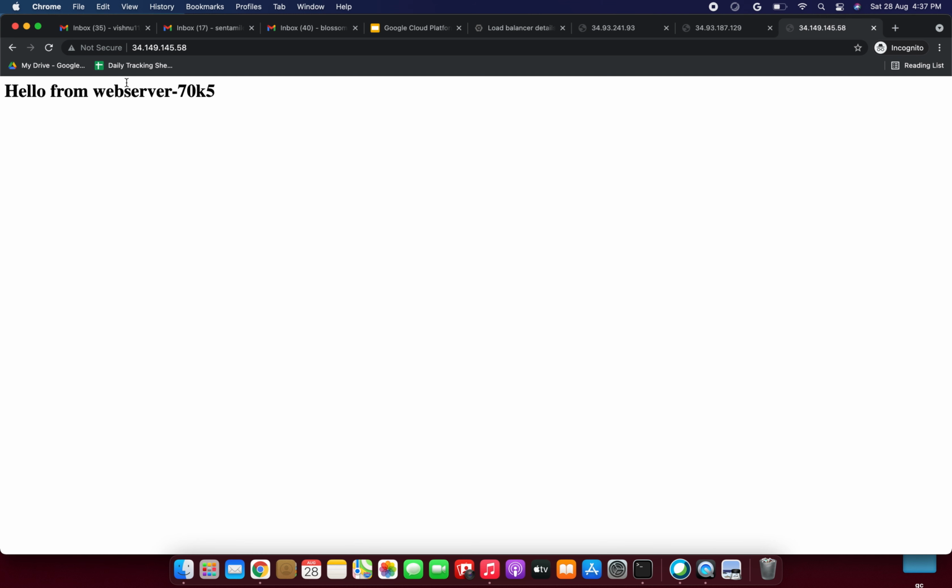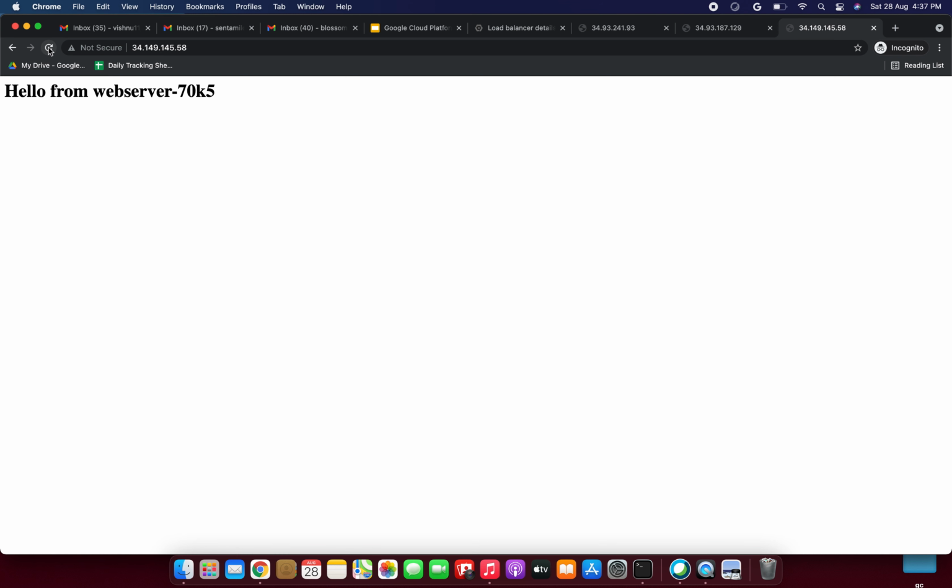So we have finally got the output. Finally, we are going to delete everything. Before deleting, I am refreshing the page. We can see that the traffic is routed among these instances. If we refresh, it may hit a different web server, and this is indicated by the host name. Two different availability zones, two different instances.